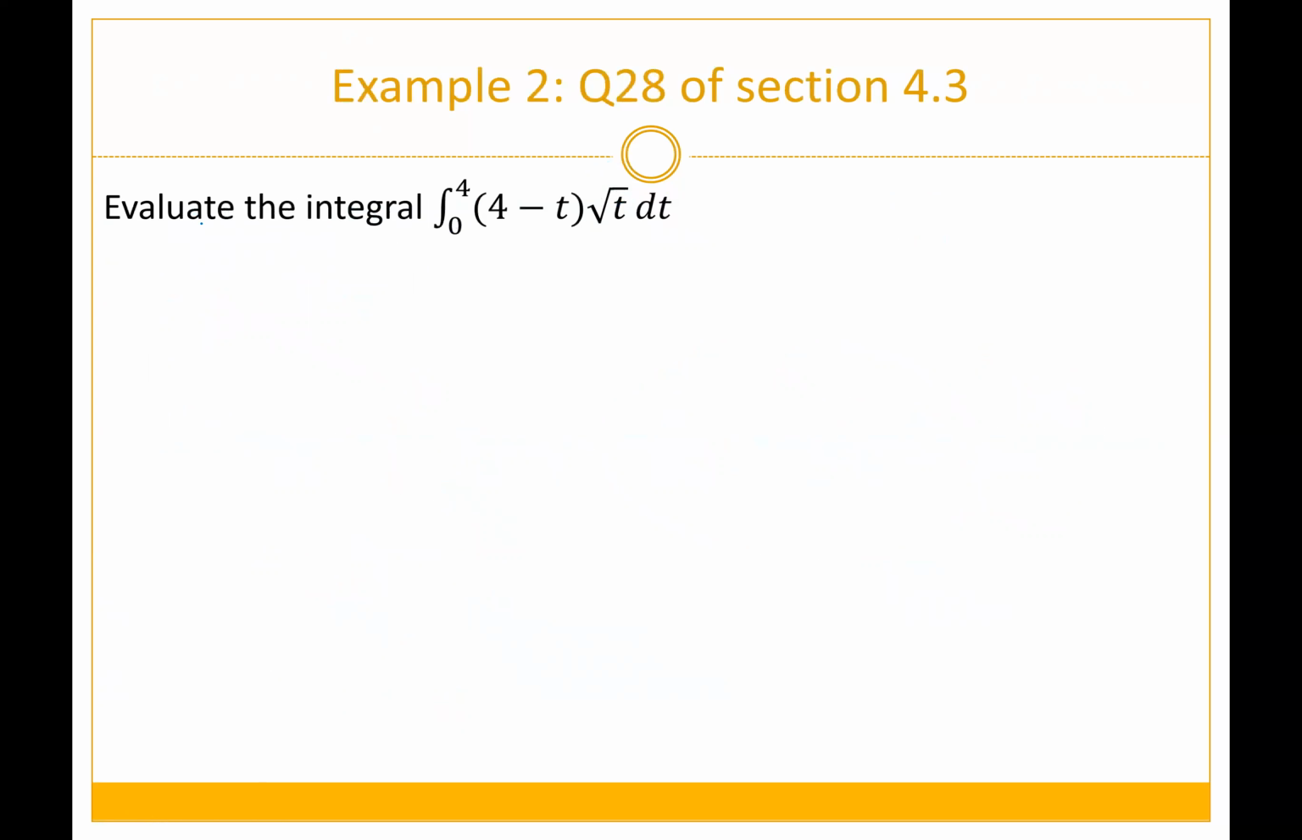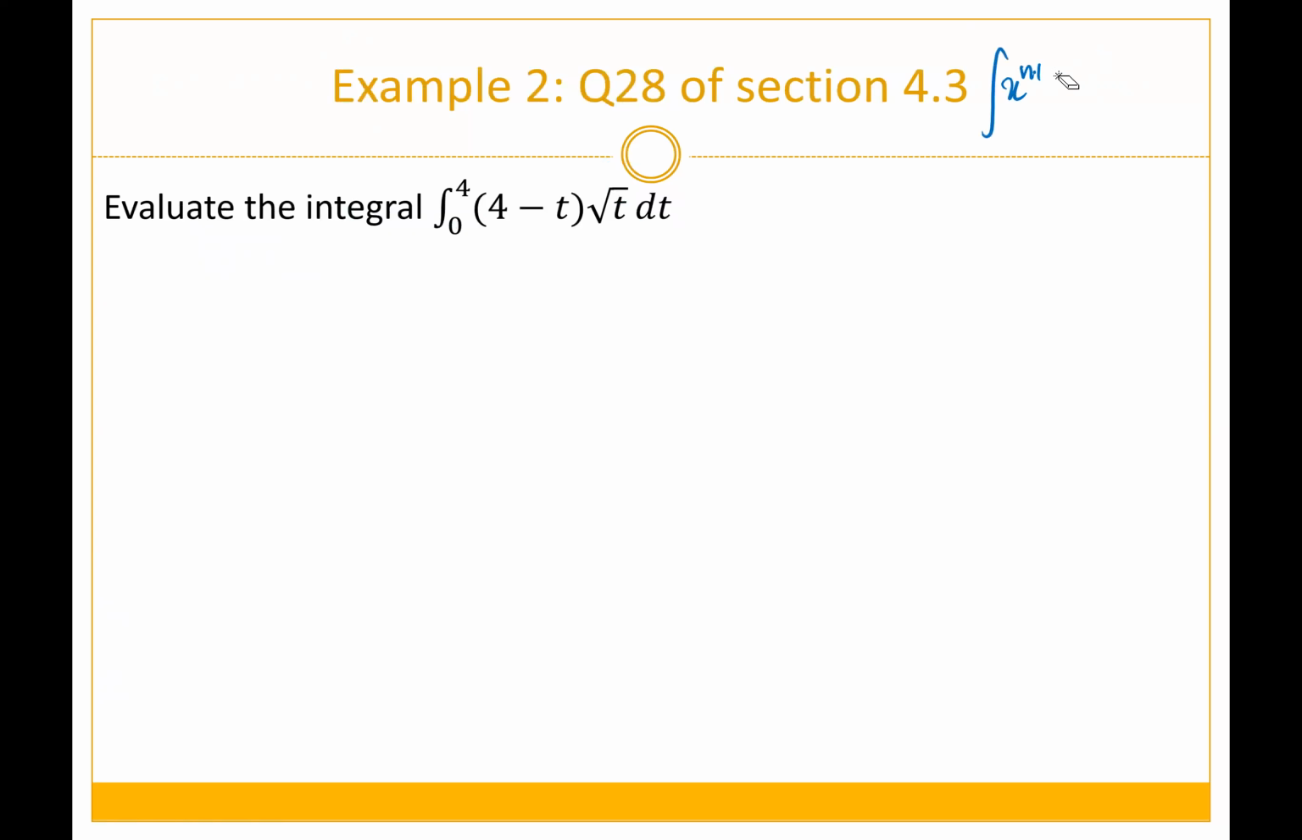This one says evaluate the integral from 0 to 4 of (4 minus t) times square root of t dt. And this one is going to be based on what we learned last week. Last week we learned how to take the antiderivative of some general and commonly seen functions, like polynomials. And we have this formula, which hopefully you still remember,